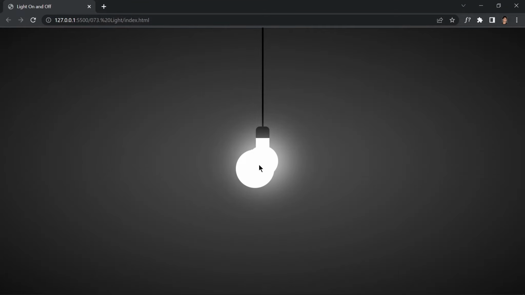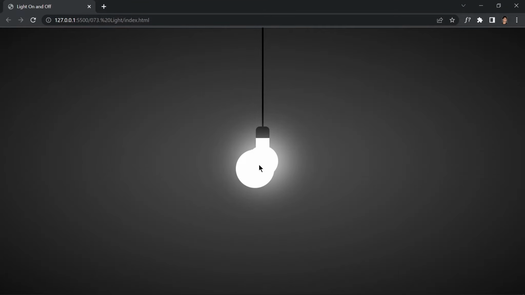Now I want to get our first span, so you want to get this one. Let me show you. We want to get this span, and you want to provide a position of absolute on it, and also the top value will be 16 pixels, and the left value will be minus 4 pixels. Display will be block, and then width will be 30 pixels and height will be 30 pixels as well. Okay, so then we have a background of transparent,